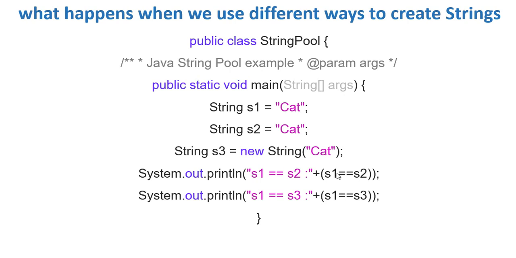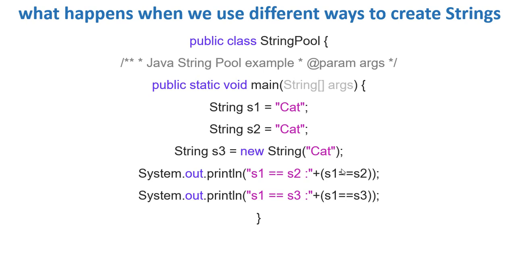Here we are comparing, what is it that we are comparing? We are comparing the reference value, not the string value. You need to get me correct here. I am saying we are outputting this as just a string, but now here it's going to output true or